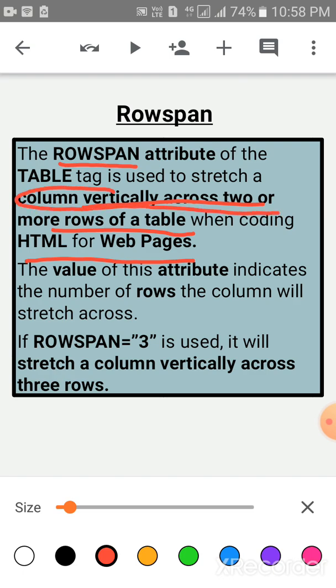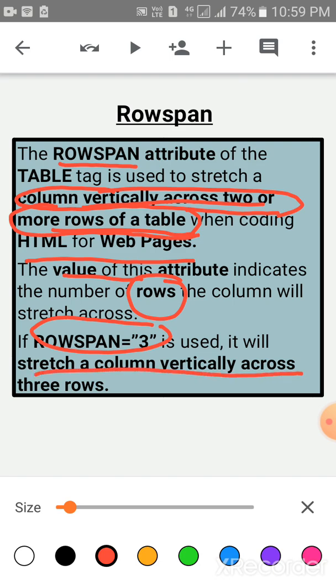The value of this attribute indicates the number of rows the column will stretch across. If row span is equal to 3 within quotes, it will stretch the column vertically across 3 rows.